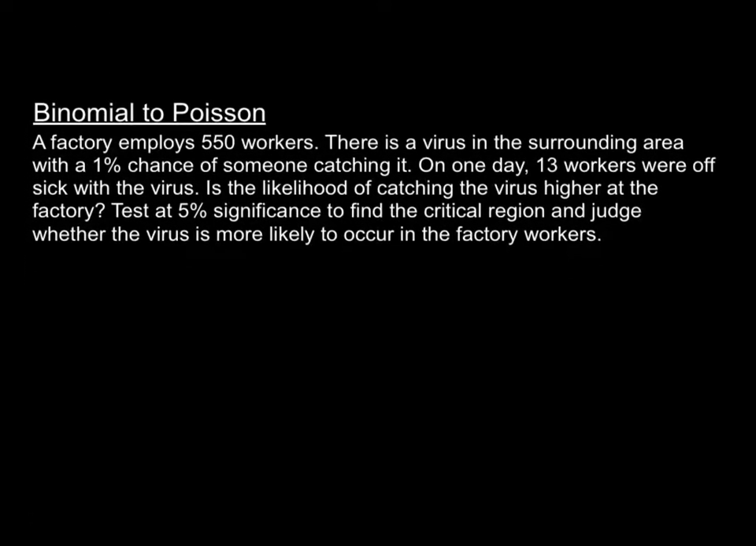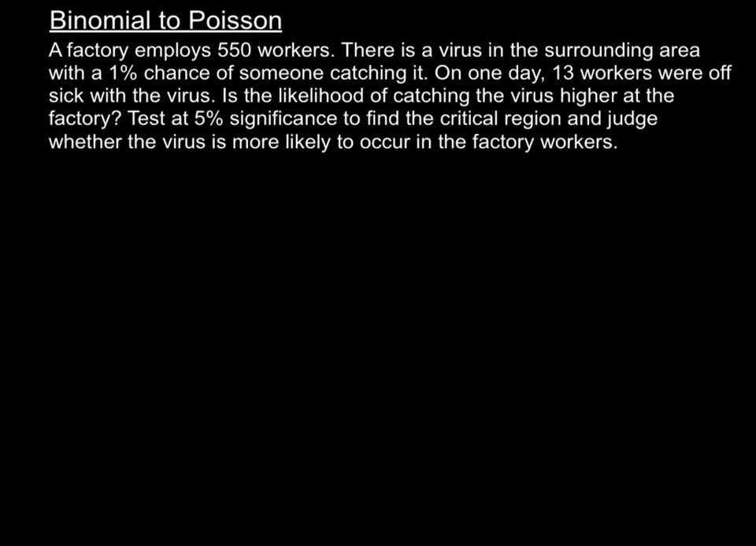So first type we're going to look at is the binomial to Poisson distribution. I'm going to start with a question. So it says a factory employs 550 workers. There is a virus in the surrounding area with a 1% chance of someone catching it. On one day, 13 workers were off sick with the virus. Is the likelihood of catching the virus higher at the factory? Test at 5% significance to find the critical region and judge whether the virus is more likely to occur in